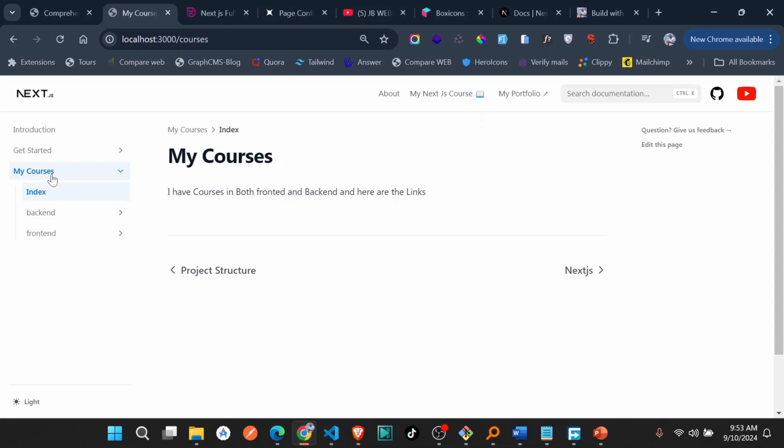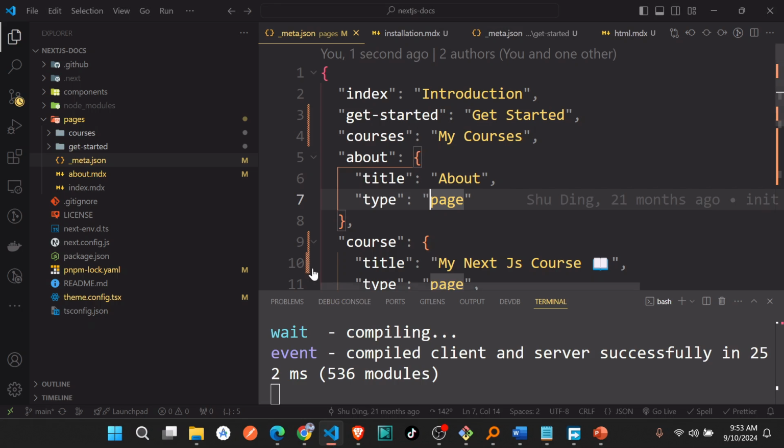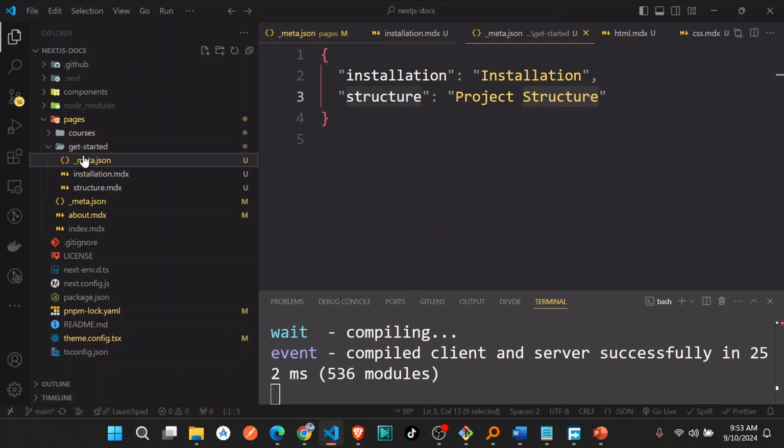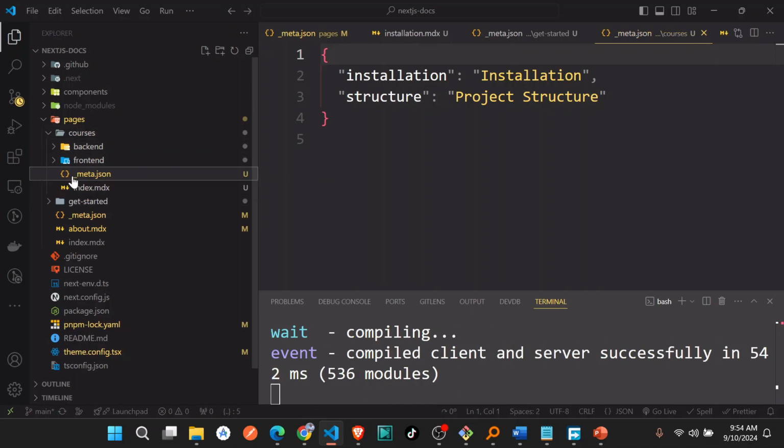Now inside the courses, I want to customize this index, backend, and the front end. So inside the courses, we can go ahead and create the meta.json. So I'm just going to copy this meta I have in Get Started and paste it inside the courses. Why did I paste this? I believe it is in this. Yeah. So you can just go inside this one, and then I can customize it. You can start with this